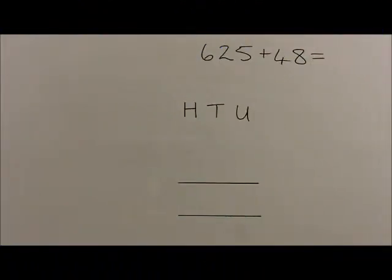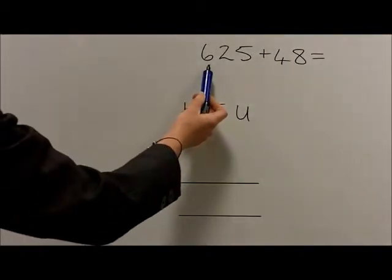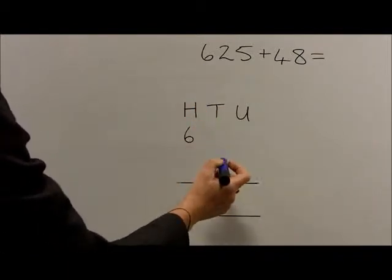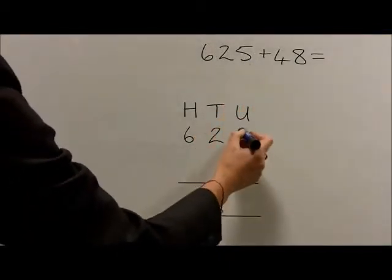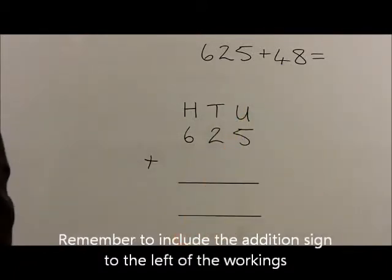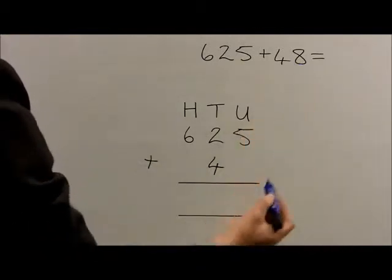When confident and competent, children can begin to use the standard written method of column addition, using column headings to help them. So for example, with the number 625 plus 48, the 625 is transferred under the column headings: 6 under the hundreds, the 2 tens under the tens, and the 5 units under the units. We then add the 48 so that the 4 tens goes in the tens column and the 8 units goes